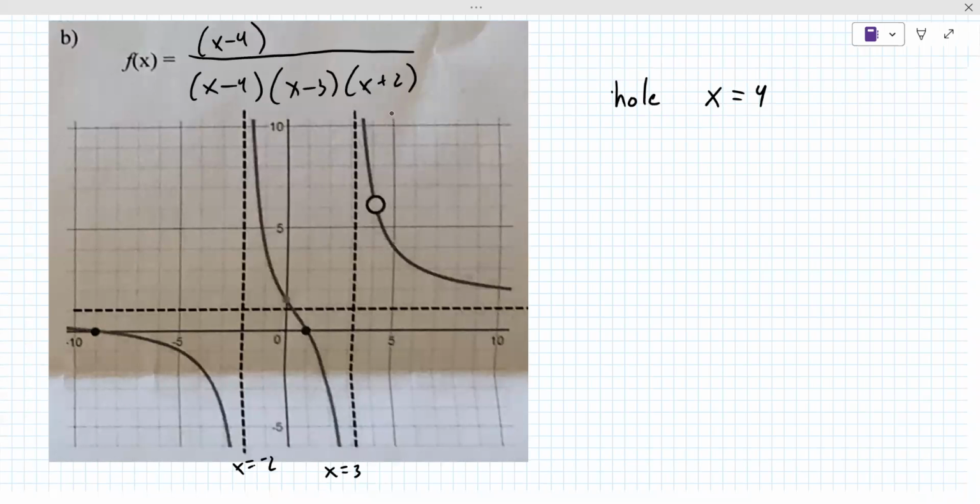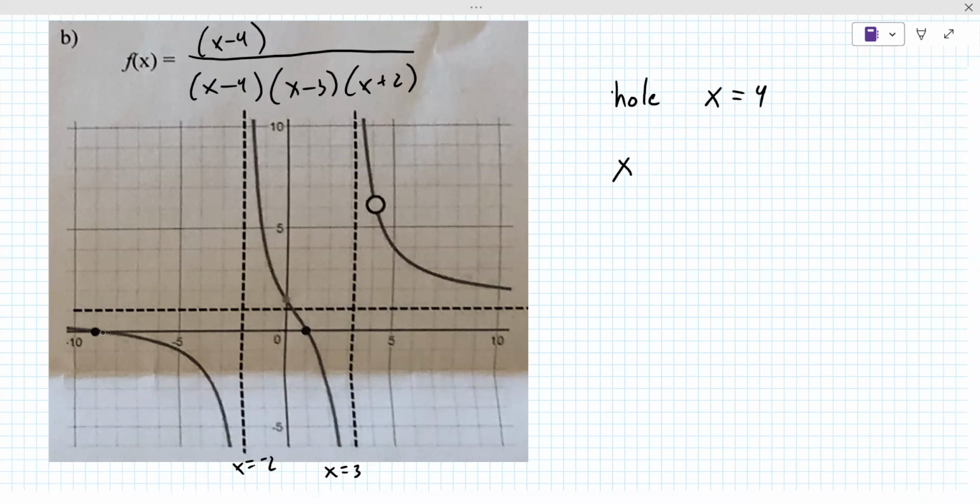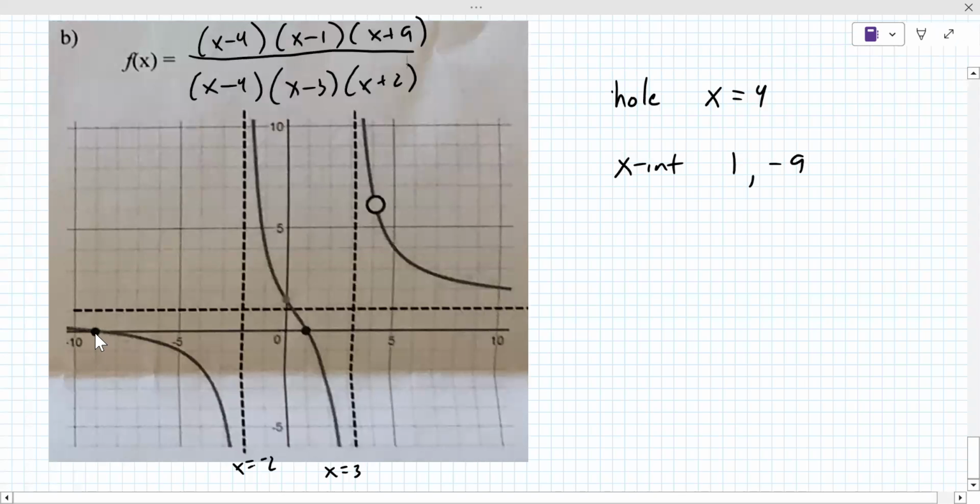Okay. And then we see that they're giving you 2 x-intercepts. They're giving you one here at 1 and at minus 9. So x-intercept at 1, minus 9. So that's x minus 1, x plus 9. Where'd you find the -9? Right here. Oh, okay. Yeah, it's kind of awkward because this horizontal one looks like it's the axis, but it's